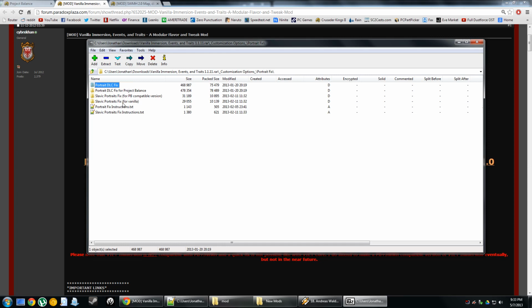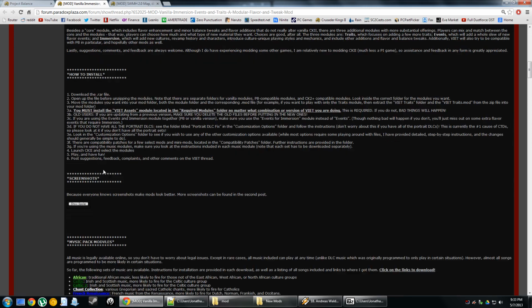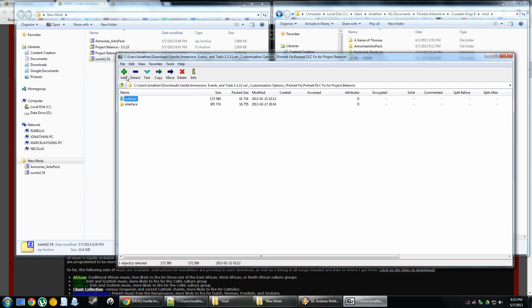And goodness gracious, there's so much stuff. Portrait DLC fix for Project Balance. Okay, so what do you want me to do with that? If you do not have them all, see the portrait, see the title, follow the instructions. Naturally. Where are my instructions? They're probably